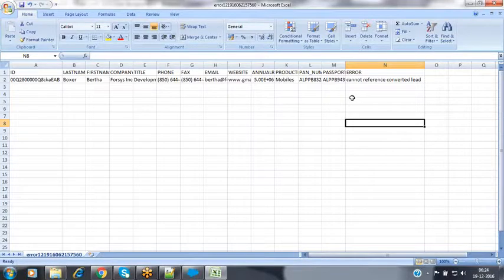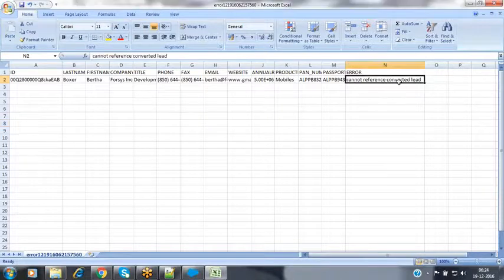We have already discussed that once a lead record has been converted, we cannot perform any operation on it, because the lead record moves into a read-only status. So here it gives the information: cannot reference converted lead. Once the lead record has been converted, we cannot perform any operation on it. That's why it is unable to update that lead record, and that operation has failed. So this is the way we can perform the insert operation and the update operation in a single statement itself.